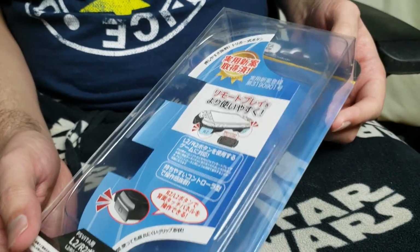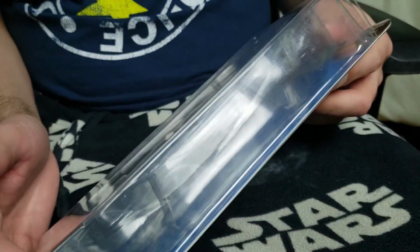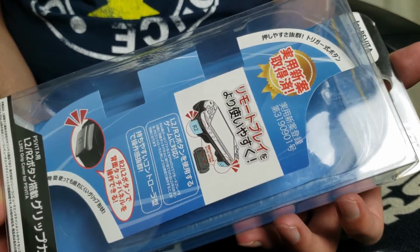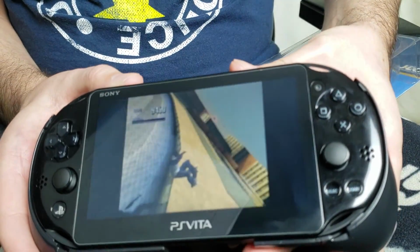But I really wanted back button functionality and not to use the touchpad for, you know, PS1 games on the go. So I picked it up, and even though I saw people said that this will damage your system due to the clips, so here's the system attached. Here's Tony Hawk Pro Skater,